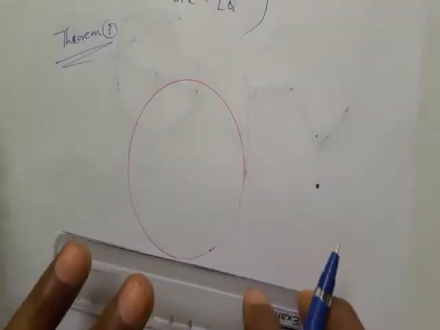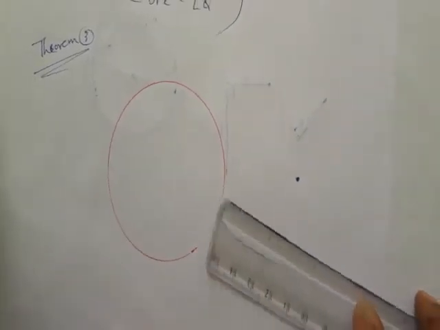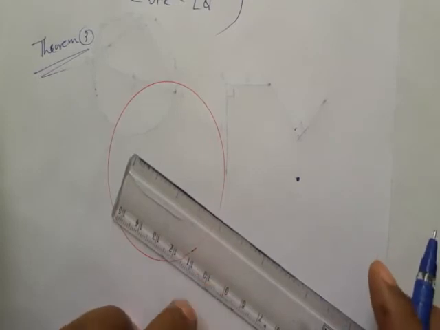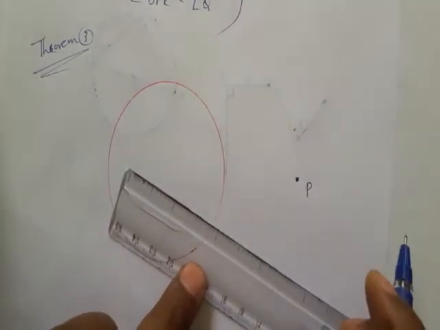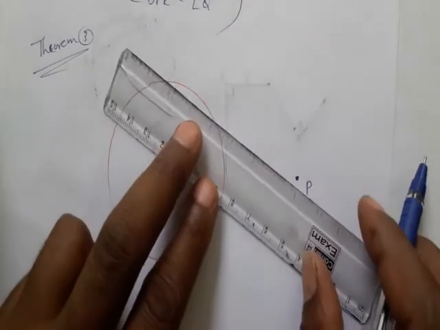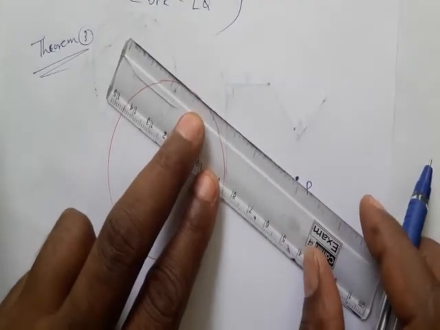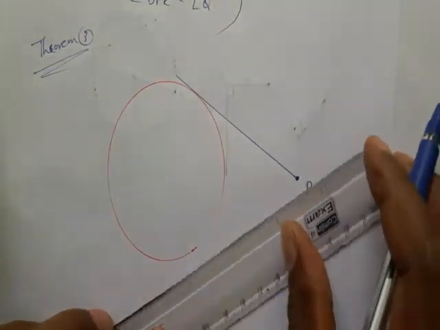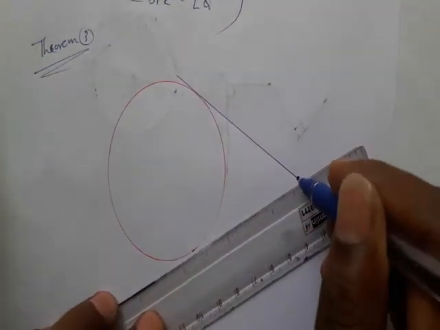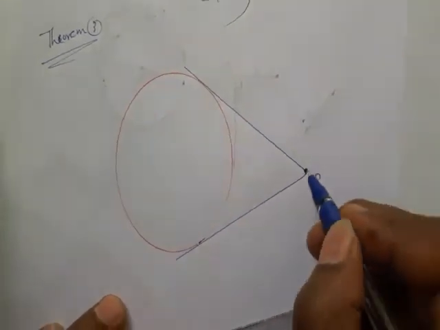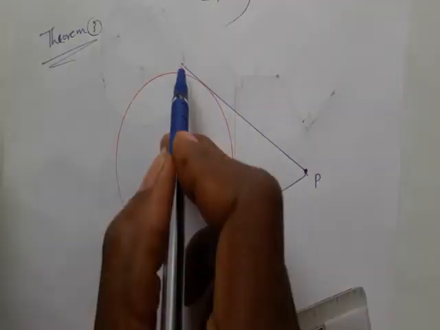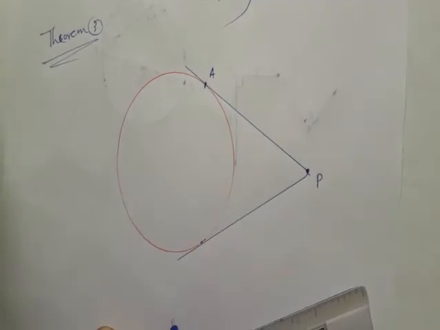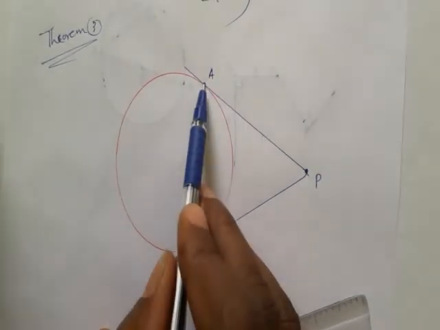So this theorem says that about our external point, how many tangents can be drawn. Just now we studied, no? So P is an external point. From an external point, how many tangents can be drawn? A few minutes ago we studied that from P, an external point, only 2 tangents can be drawn. That we know. From P, one line meets the circle at A. Let us name it A. So actually PA is a tangent, students.